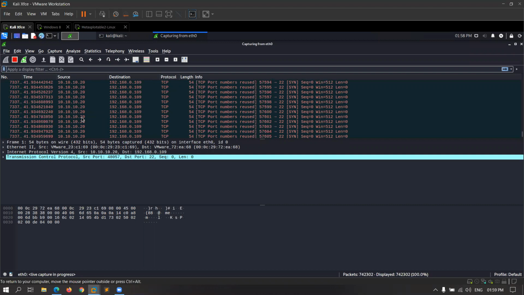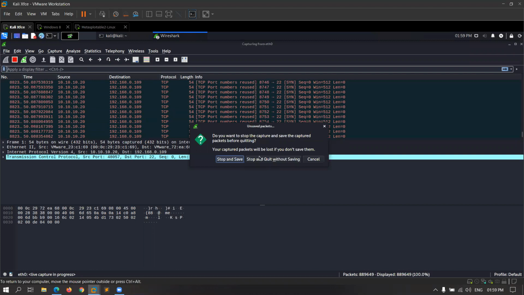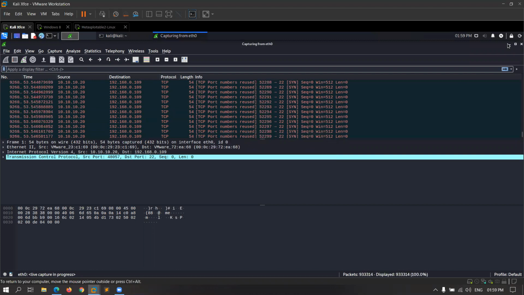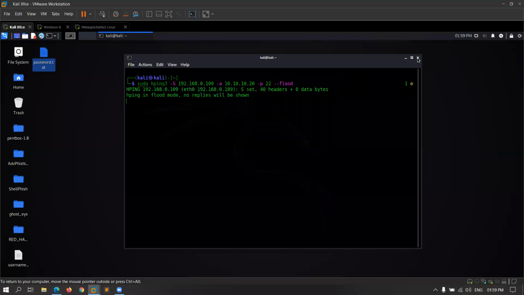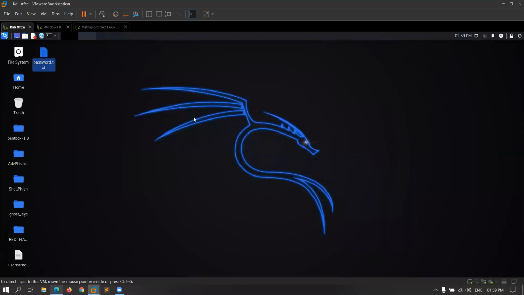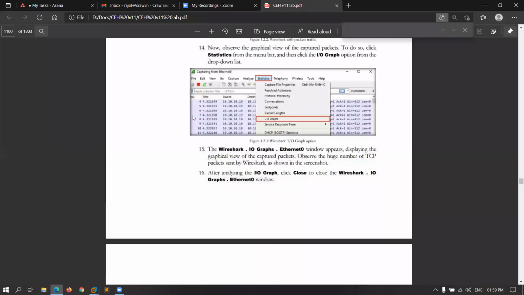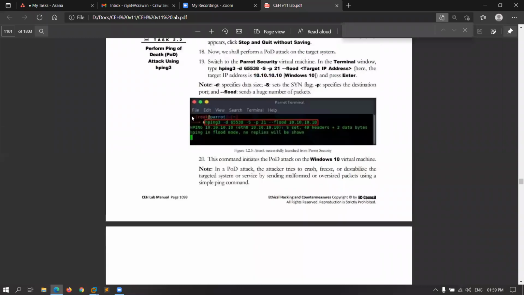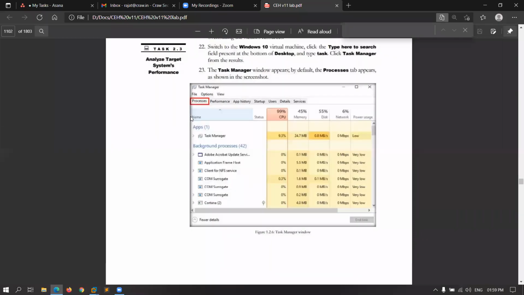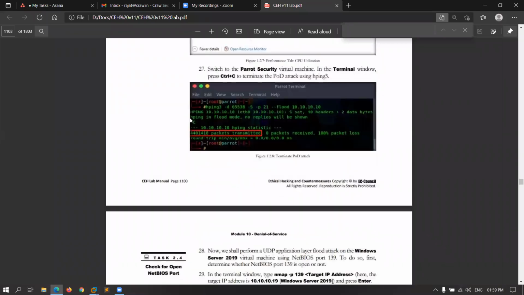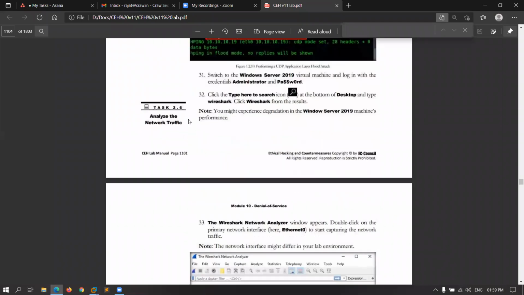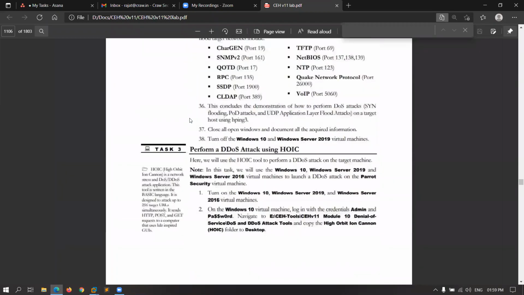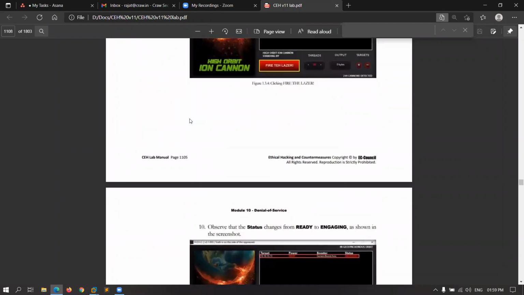So if you have time issues, then you can go for the lab manual, which is good, and you can learn everything from the lab manual. Every attack that I am performing is in your lab manual. Every attack's step-by-step process has been given in your lab manual, and you can read all the steps and you can perform these attacks. So it is not a tough task, and if you get stuck in any situation, you can easily ping me, or you can ask me any question freely. So this was the way you can perform DoS attacks.